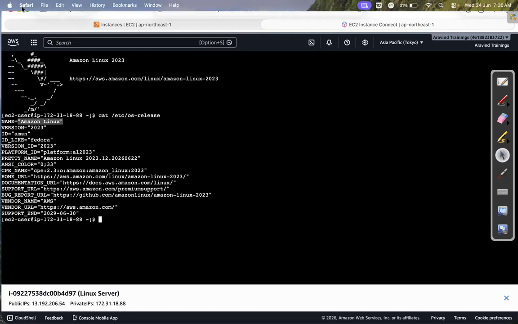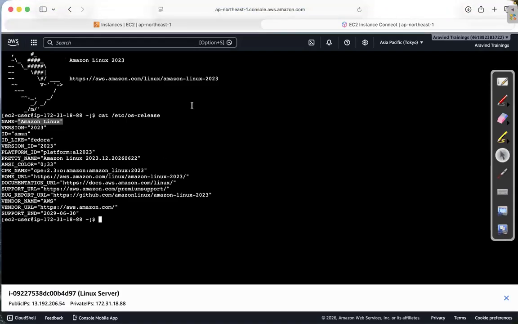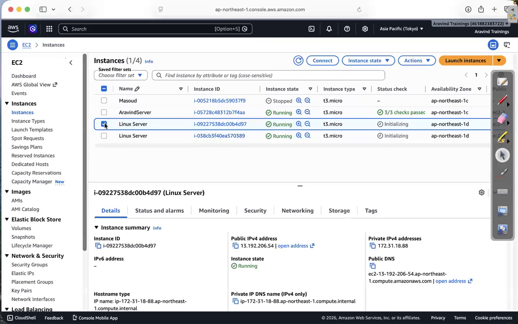See, I'm executing one Linux command, and it will show you the operating system. Amazon Linux. But which OS is installed in my base machine? Base means laptop. Mac. You're on a Mac. But in the virtual server, which operating system? Amazon Linux. Correct? So I didn't install Linux in my laptop. Okay. Had clarity?